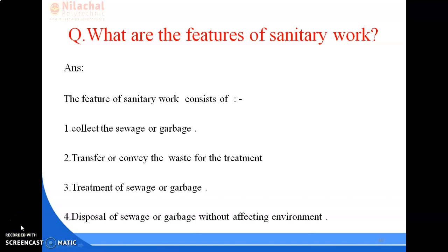Hello students, in previous lectures we had discussed different devices which are used in sewage system. Now we are going to discuss a question with its answer, and the question is, what are the features of sanitary work? So before discussing the different features of sanitary work, let us first discuss what we mean by